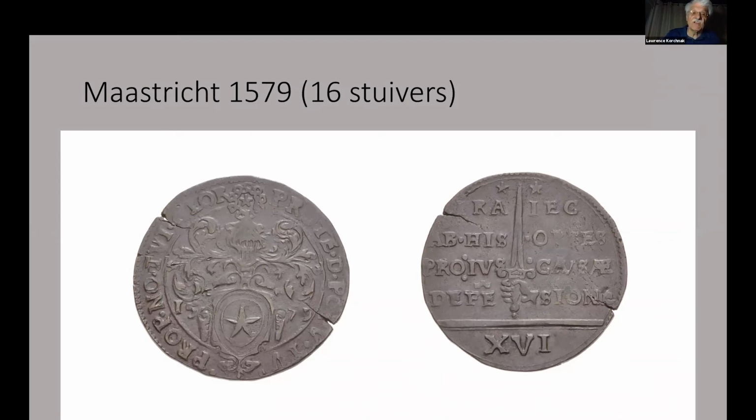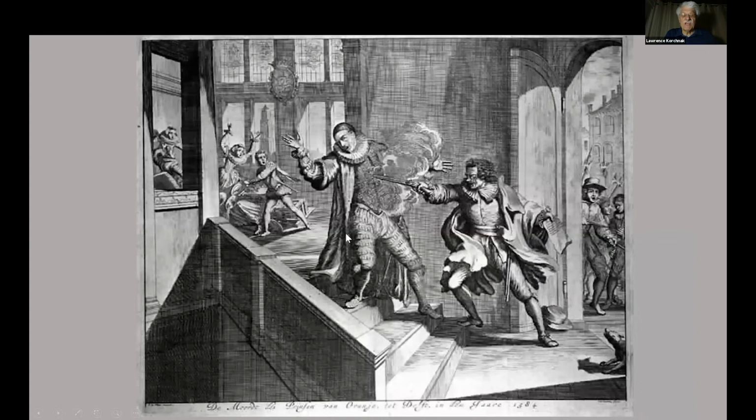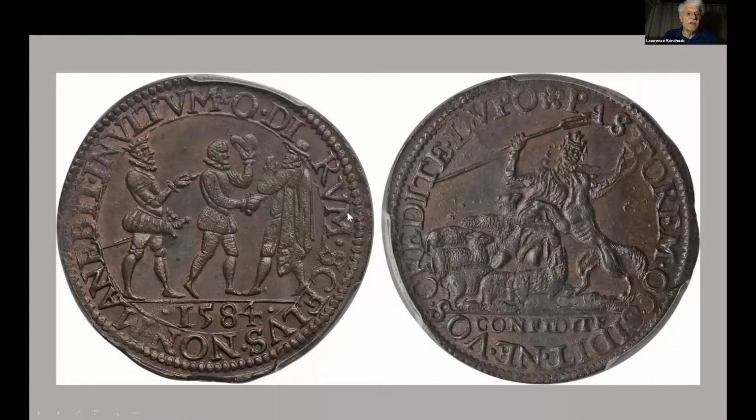And since he did that, there were a number of assassination attempts. This is an engraving. He had 2 assassination attempts. This is one of the most notorious ones where he was shot. And this is also shown on a jeton. And most notable things, of course, here they are. The dog trying to save the flock there. And here he is,